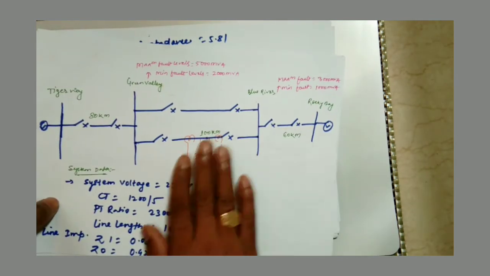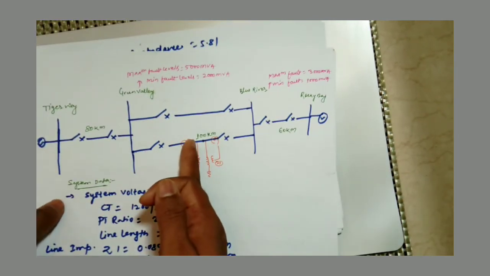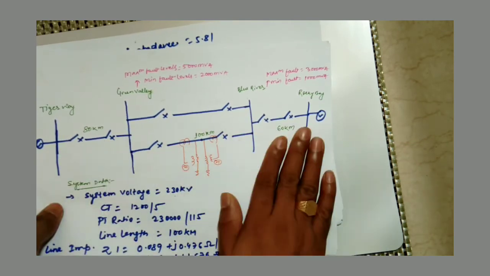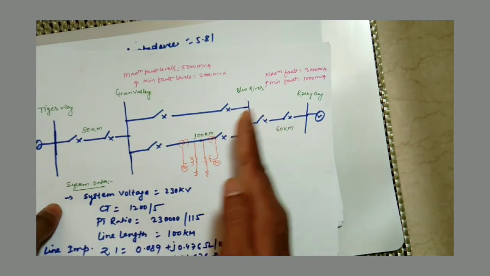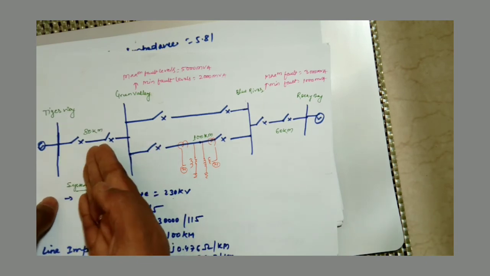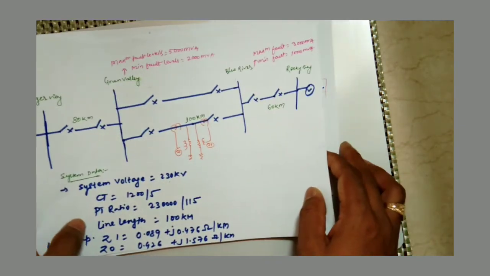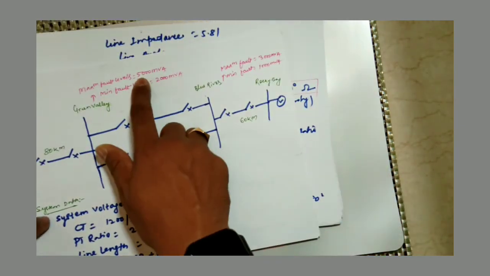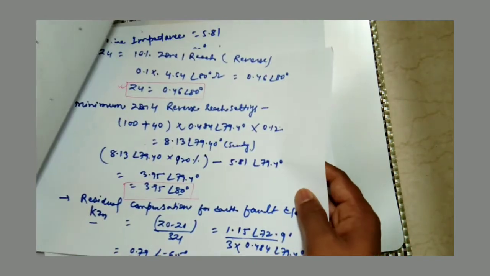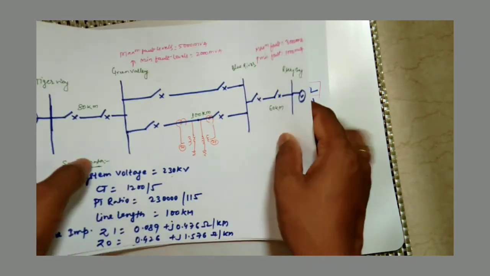We have to cover all these line lengths since we are protecting this line. If there is a fault here, our relay should also trip. So we have covered the overall line, that is 100% of the line, 120% of the line, 150% of the line. In the reverse zone we have also protected the line, 10% in zone 1 and 50% of this line length in zone 4 settings. Then we have calculated the instantaneous overcurrent protection based upon your maximum fault levels. Resistive reach, phase to phase and phase to ground, I will cover in the next video, since this video is long.